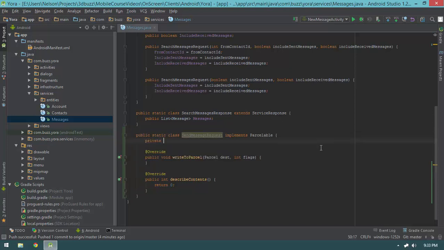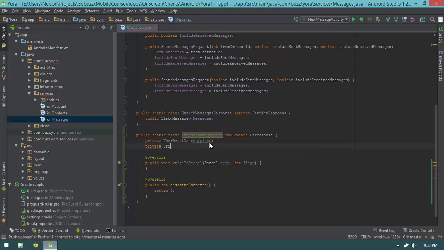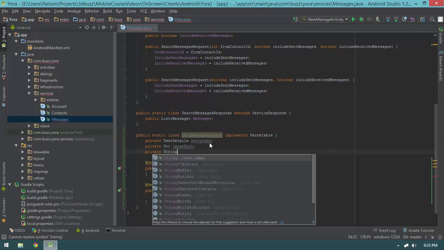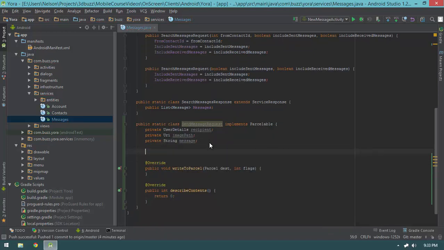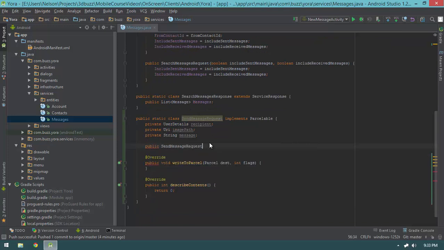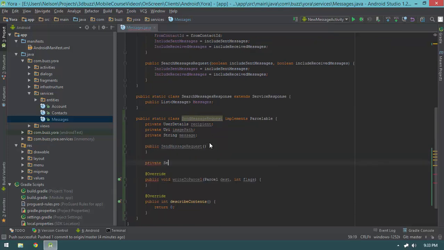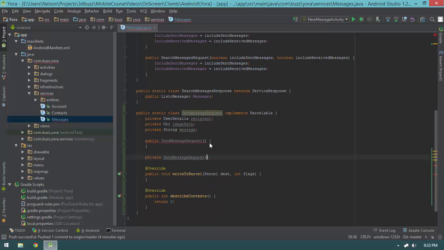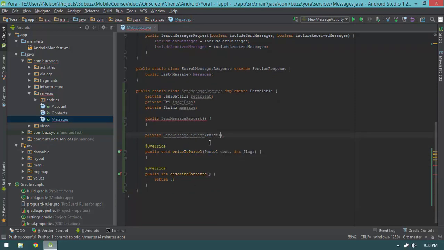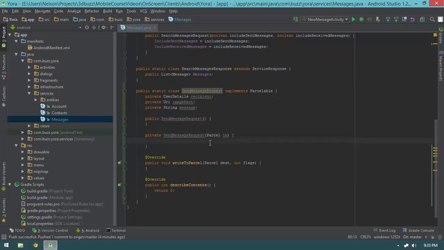So I'm going to start off with its fields. I'm going to start off with the user details, and I'm going to call this user details. Sure, why not? Well, that's not a very good name. We'll call this recipient. And then we're going to do a private URI imagePath and a private String message. Then I'm going to write a public constructor, SendMessageRequest, and it's going to be empty and parameterless. The reason I'm doing that is because I'm going to write another constructor that takes in a parcel. Just like our other Parcelables, we're going to have this Parcelable have a